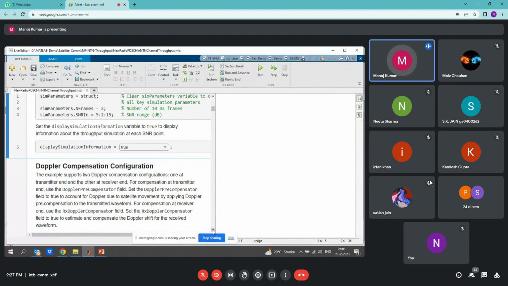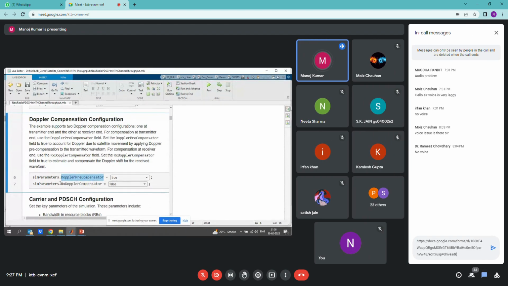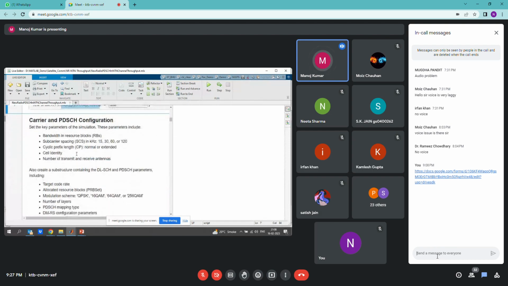Now we are going to configure the Doppler compensation. So this is my Doppler. I'm creating one field, which is true, and this is also another field, which is false. On the receiver side, I'm just disabling it. Further, I'm going to create a carrier and PDSCH configuration, like